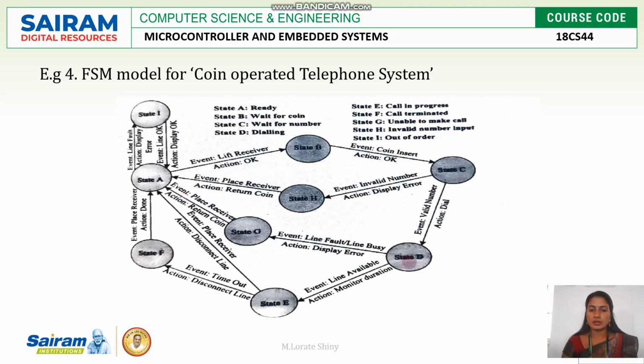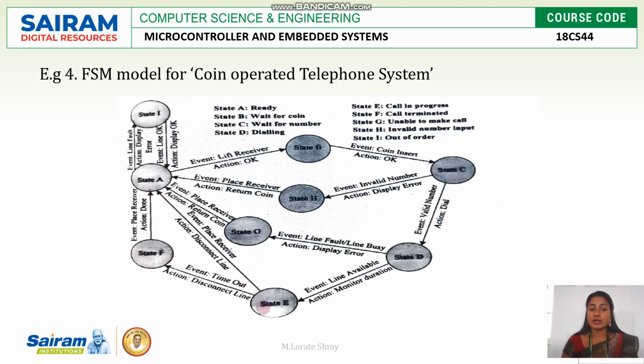Or from state D, if he is dialing the correct number and the call is connected, the device will go to state E. State E is nothing but call in process. So he will be talking. Again two things can happen. During that call, he has to monitor the duration, because for 60 seconds only he can speak. Again he has to insert the coin. Within the 60 seconds he can finish his talking and keep the receiver back, which means he is disconnecting the call. If he is disconnecting, this device will go to state A.